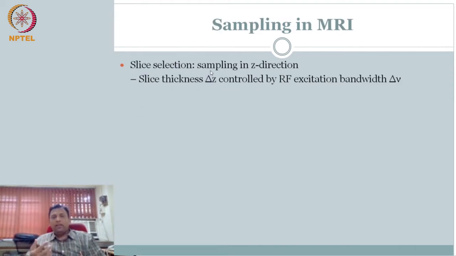Before we formally get into resolution, we'll have to talk about sampling, because the data that you're collecting is sampling. Remember, first we started with Z selection. So you already have a slice thickness delta Z. That delta Z is controlled by your RF excitation frequency bandwidth. In fact, to some level we covered ideal slice thickness and your actual slice thickness, because you have a finite sinc pulse, and therefore we already talked about blurring within the edge of the slice thickness. So somewhere you already realize sampling becomes an important issue.